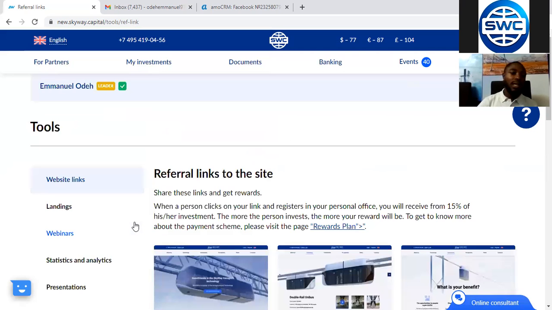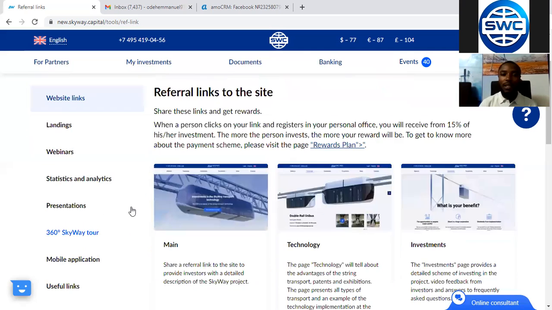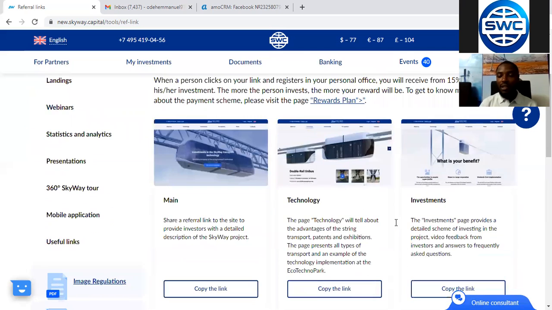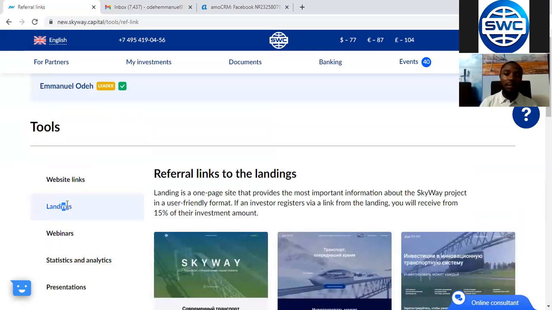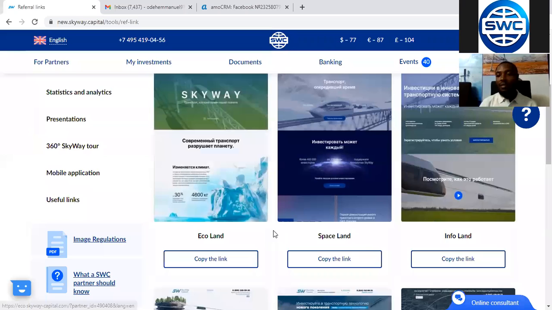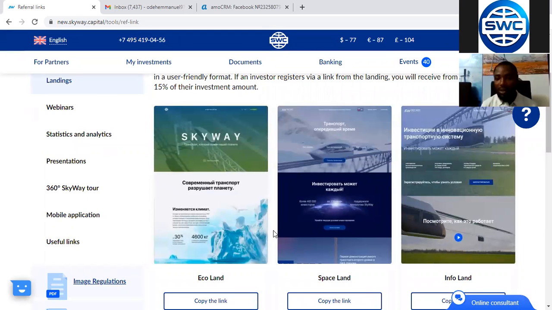There are other links that you can send to your prospect. Aside from all this, the technology and the investment links, you can go to the landings. These are landing pages of the company, and they are very explicit and well detailed.